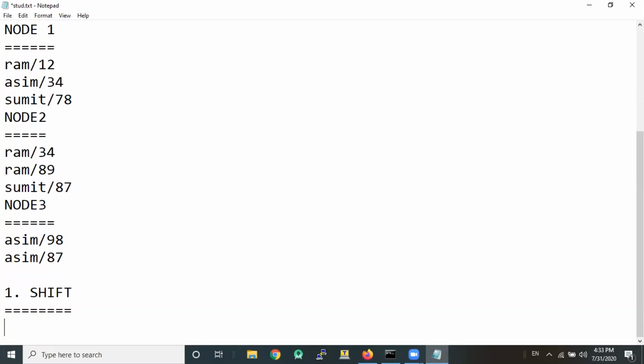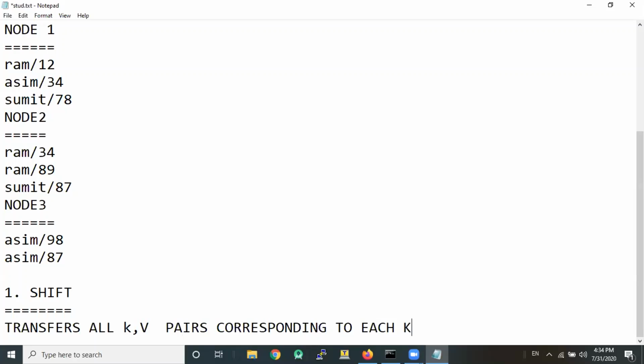Please note this very well: it transfers all key value pairs corresponding to each key to a single node. This is very important.